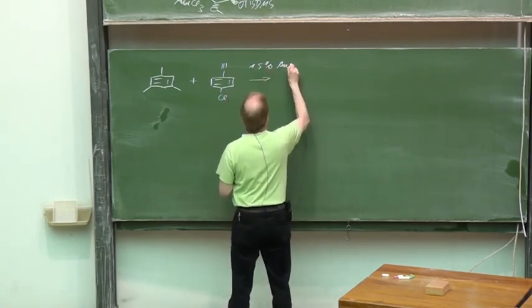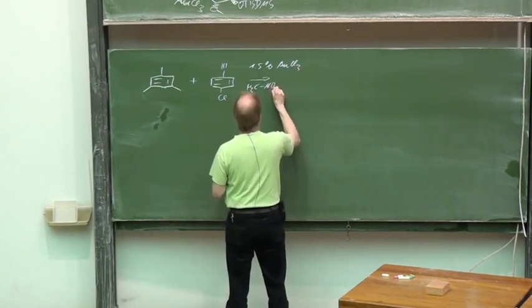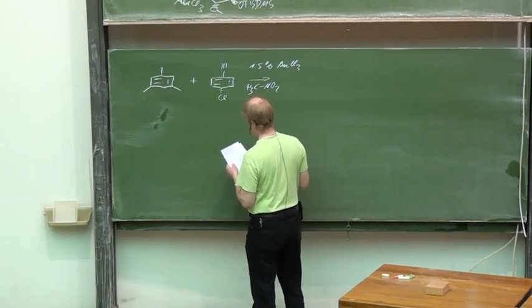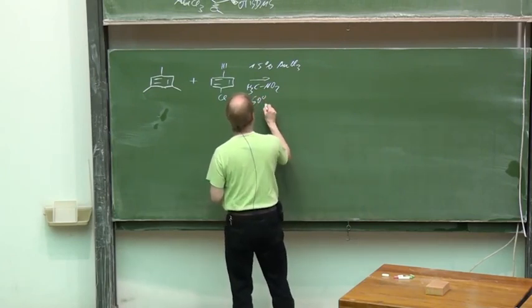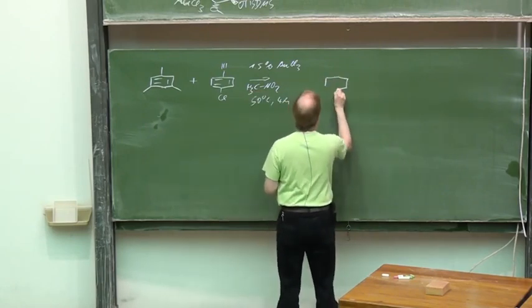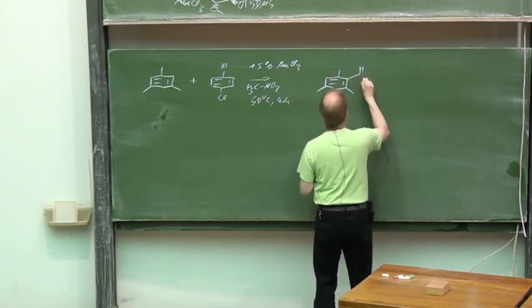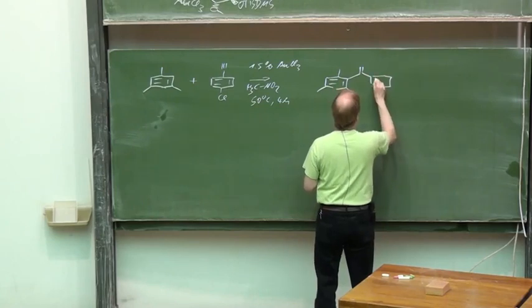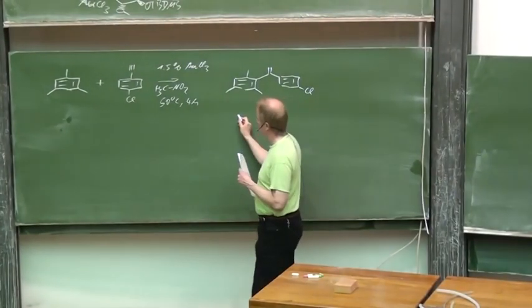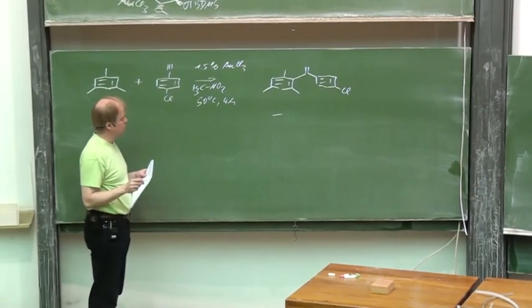1.5% gold chloride, nitromethane as the solvent, 50 degrees reaction temperature for hours, hoping for this product to be obtained. Well, nothing happens in this case. It's not reactive enough. We have to add